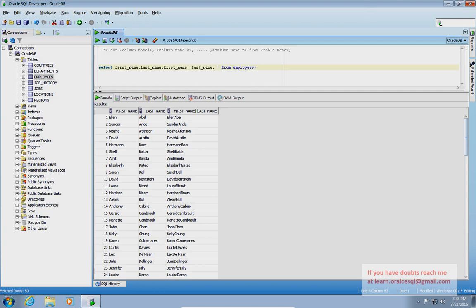So here I'm saying, let's put it like this: the user name is, and to close it, you will add a single quote followed by the pipes, first underscore name,